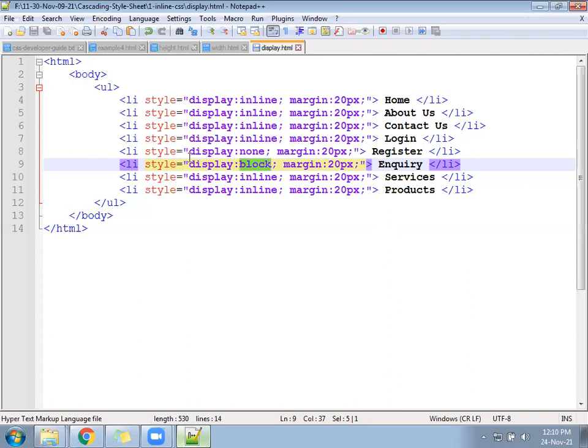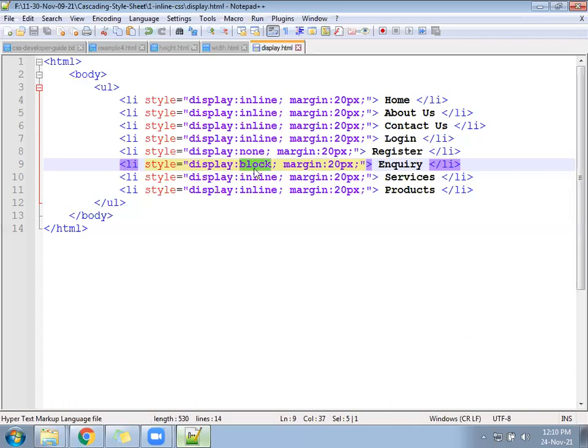Inquiry gone to the new line. Login also will go to the new line because one became block. So inquiry will cover the full width. It will not come in the line after login, it will go to the next line because inquiry needs full width.